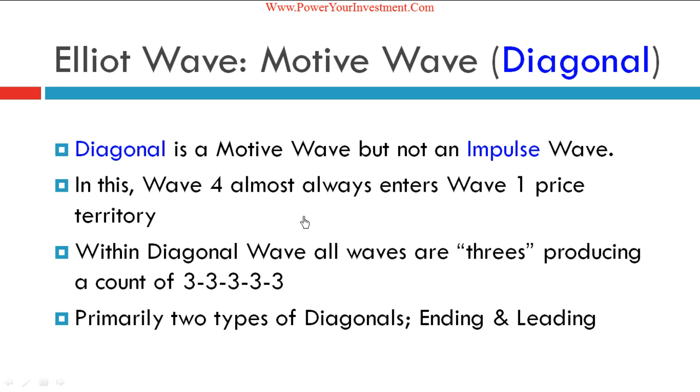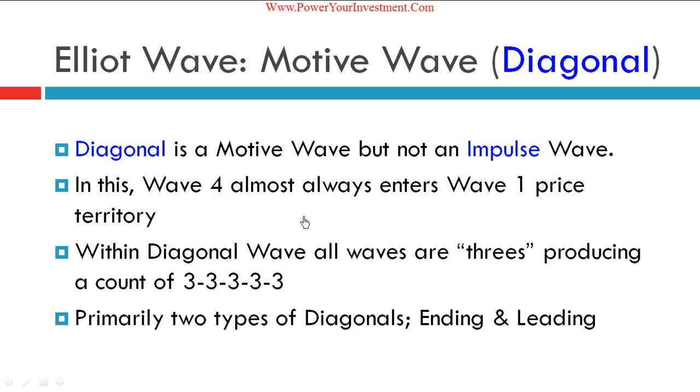What it means is that there are certain rules that an impulse wave follows. One of them is that wave 4 almost never enters the price territory of wave 1. But in a diagonal wave, wave 4 almost every time enters the price territory of wave 1. Also, all the diagonal waves produce a count of 3, 3,